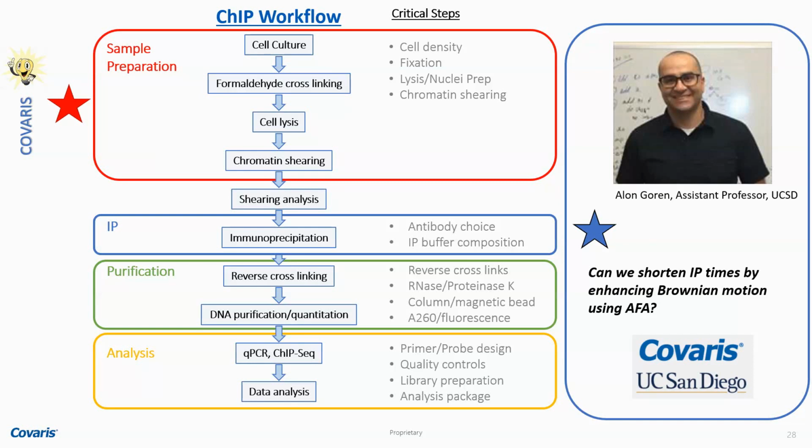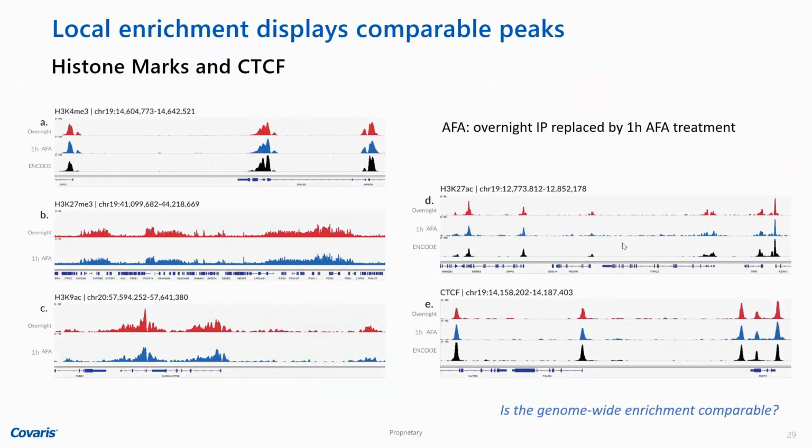So knowing this, we were thinking whether we can accelerate the IP step in the chip, moving it from a 3-day protocol to a 1.5-day protocol. And we teamed up with a team from Alan Goran at the UCSD to conduct this project. So what we have done is we have shortened the incubation step with the antibody to an hour using soft AFA and compared to overnight incubation and encode data